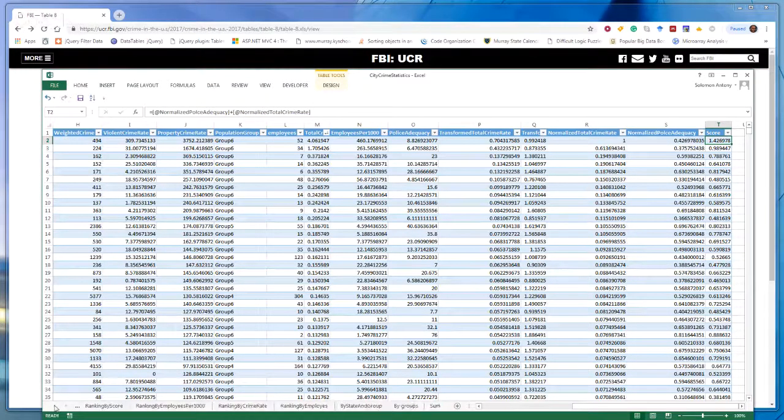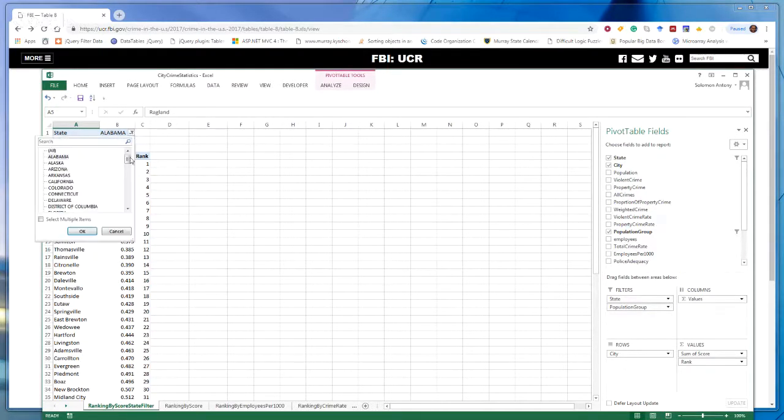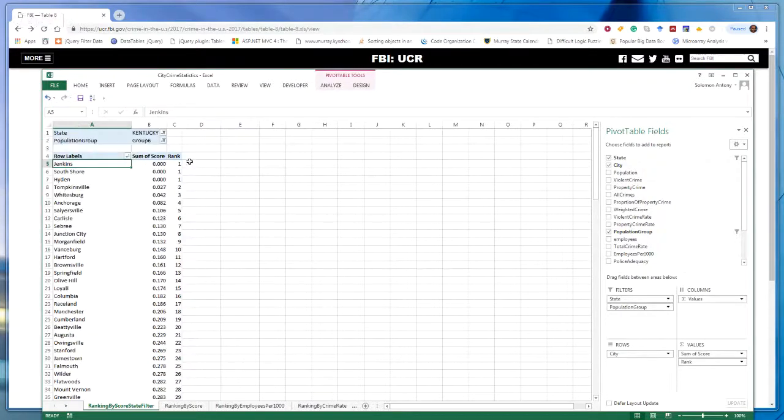And one of the pivot tables I've done is ranking by score and state. So this is the total score, and we can pick any state. Let's pick Kentucky, and then there are different groups of cities, and group 6 is the smallest group of cities.